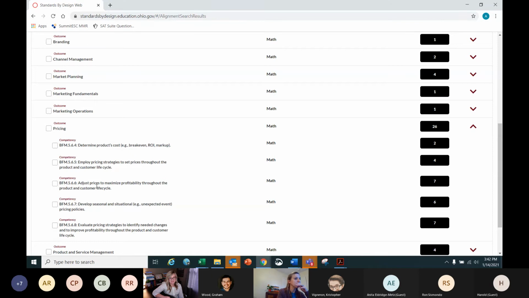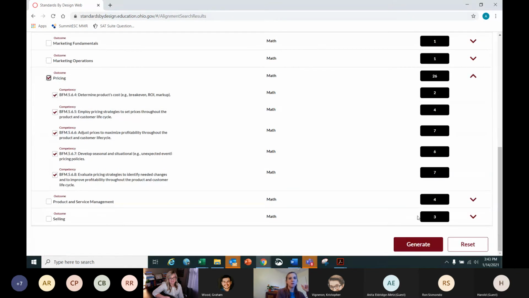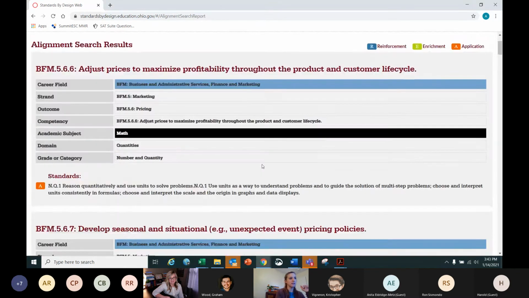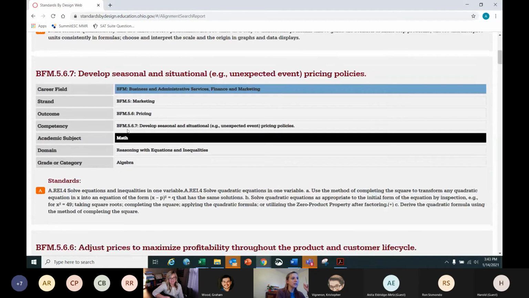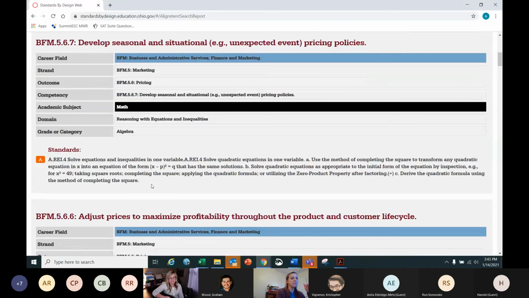That might be a little bit more calculus based depending on how we do it, but maybe we can bring it down to an algebra 1 level. I can at least talk maybe about domain and range versus seasonal and situational. So I can see all of these if I want to see them. I'm going to go backwards for a second. So I can say, okay, NQ1 is there, AREI4, so I can bring the solving equations and equations in one